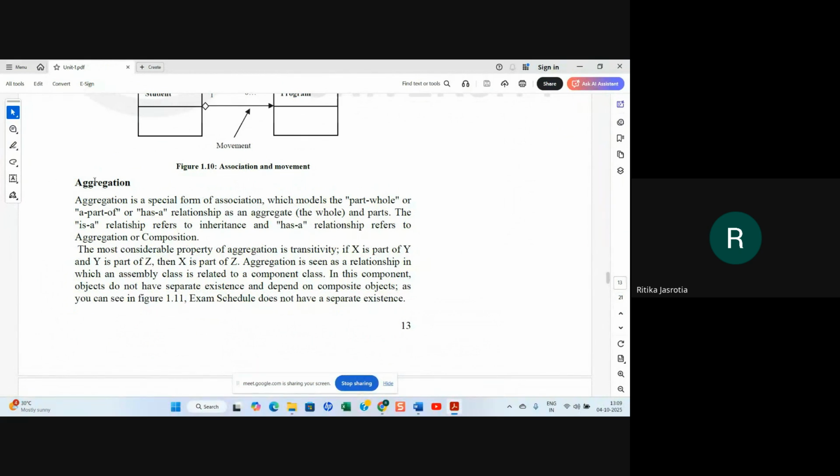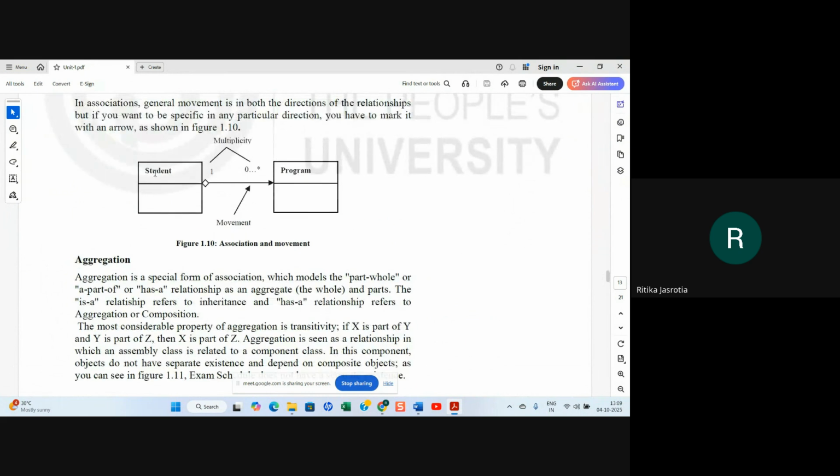So we are talking about aggregation, which is whole-part, or part-of, or has-a relationship. So like student has applied for many programs, so has-a relationship. So this diamond thing is aggregation, hollow diamond. This is how you show aggregation.